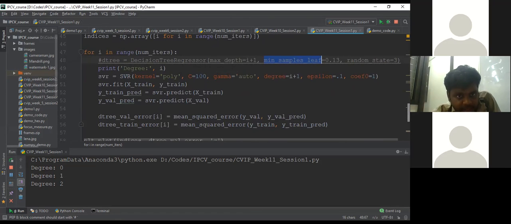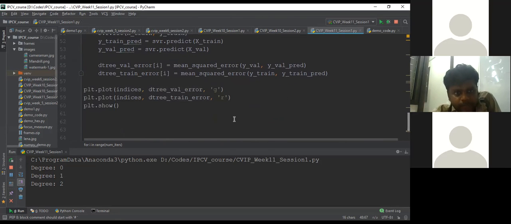Then you have to plot it. Typically, you should get two curves, one for training error and one for validation.